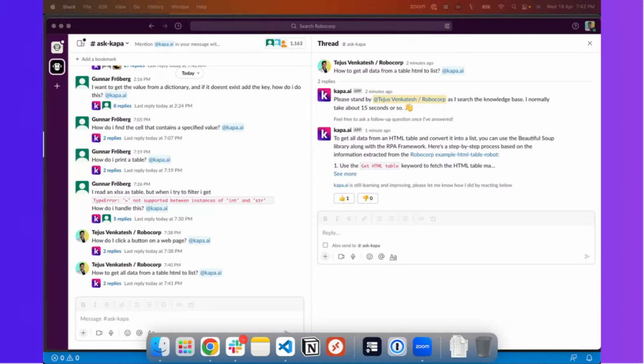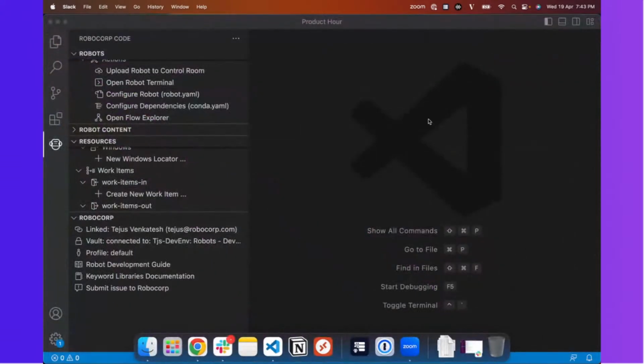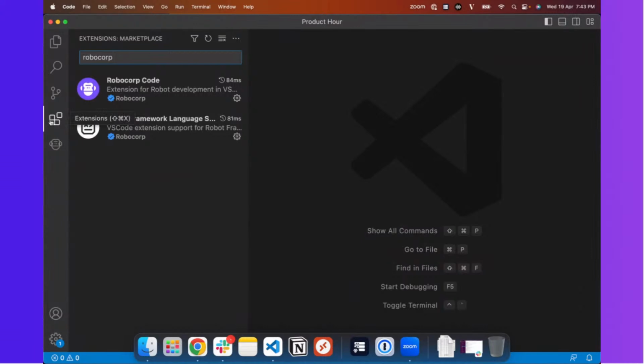So that's it, and let's get back to the actual topic of the day, which is the VS Code extensions. As you are aware of our VS Code extensions, there are two extensions that you would use to build Robocorp automations.